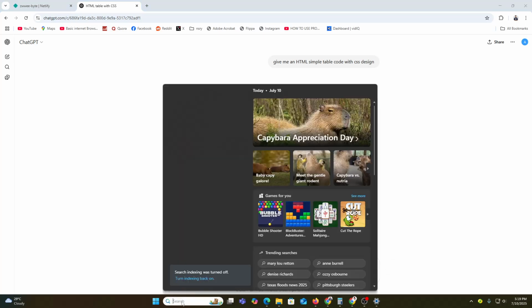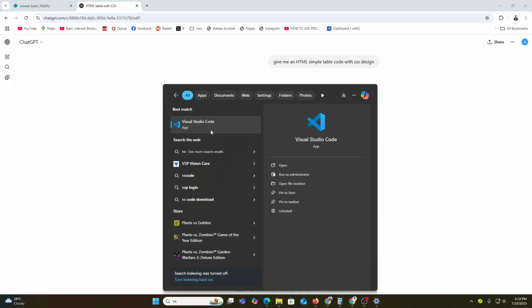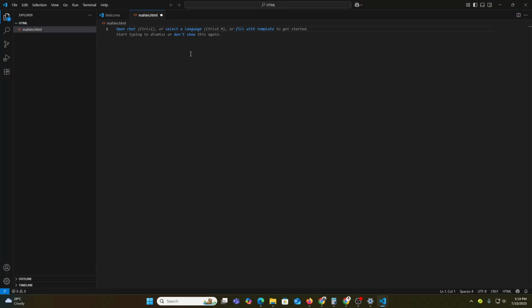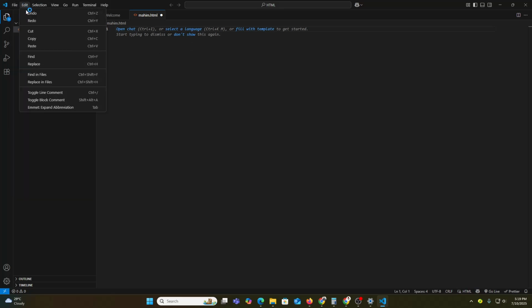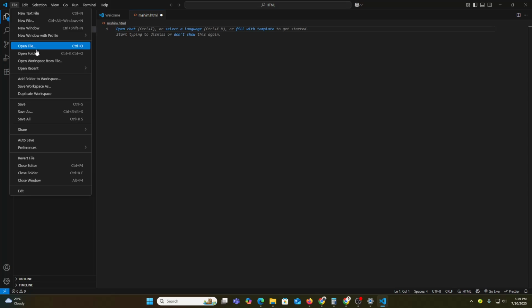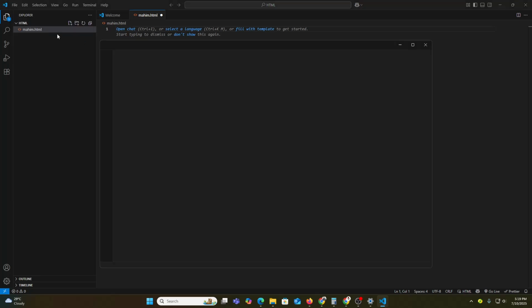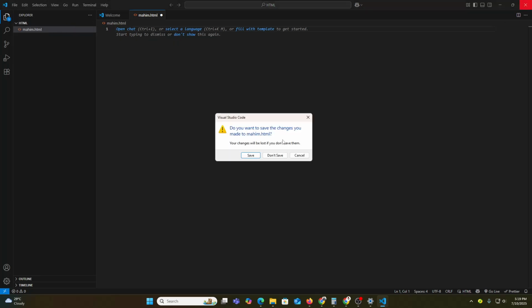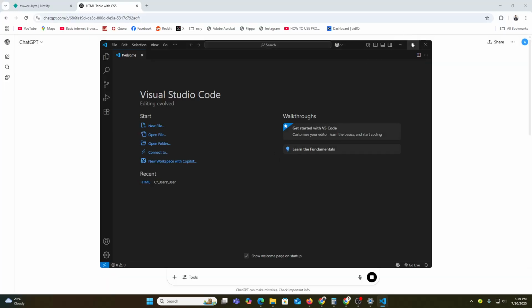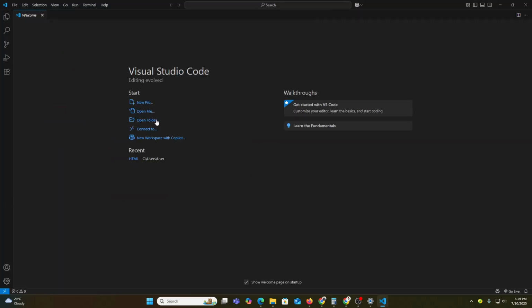So now we will open VS Code over here. So just click this one and it will completely open here. So I will create a project. So I will click on here and I will click open folder or new window for me, and then I'll remove this one, don't save, and then here you can see. So I will click on new folder, new file here. Text file will be